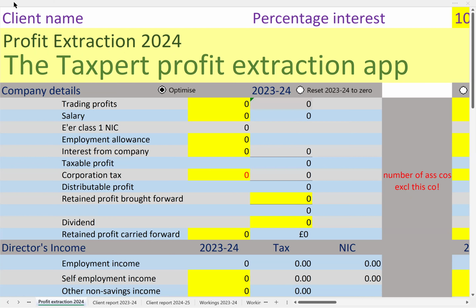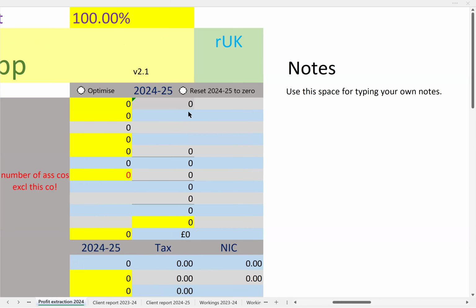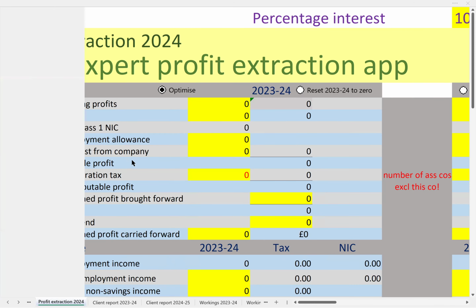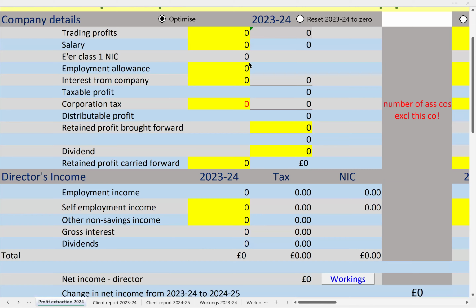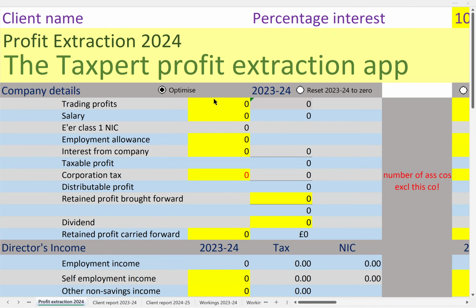I'm going to show you on screen the figures for 23-24, and just to show how it can be used to give advice for the year that's just ended. But if I scroll across, I can also see 24-25, which has exactly the same functionality. Now, the basic functionality is to enter the amount of trading profit. Let's suppose that the company has